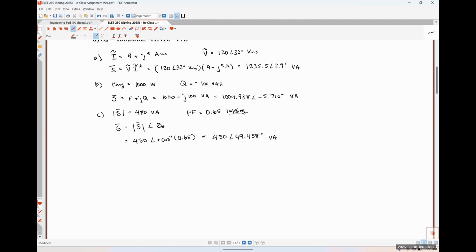Volt amperes. Anybody else get that when they threw it into their calculators? See people shaking their heads. Yes, great job. So for part D,